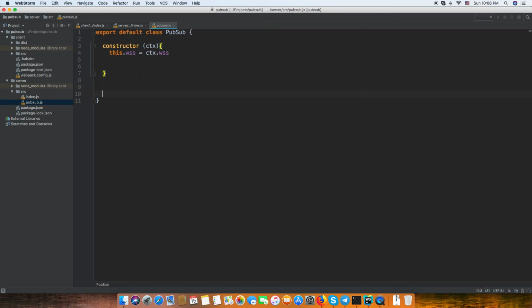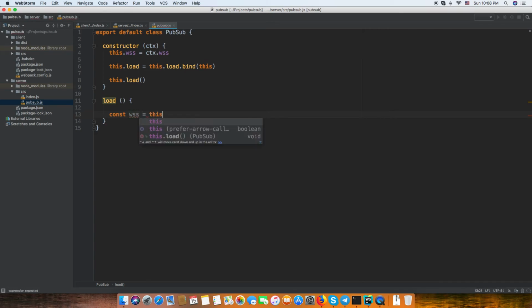Listen a new, maybe, loss, and so we can call like this dot loss equal this dot loss dot by this, and now we can call this loss. On this loss we call WebSocket server equals this dot WebSocket server, and WebSocket server dot on connection. So we listen to the client's connection to our WebSocket, connection with WebSocket client,